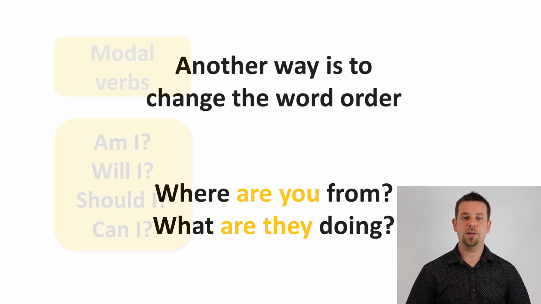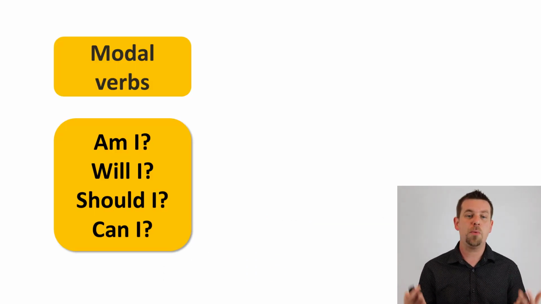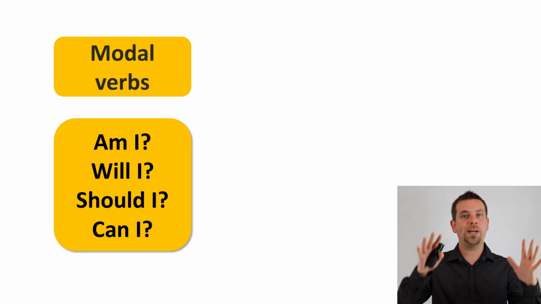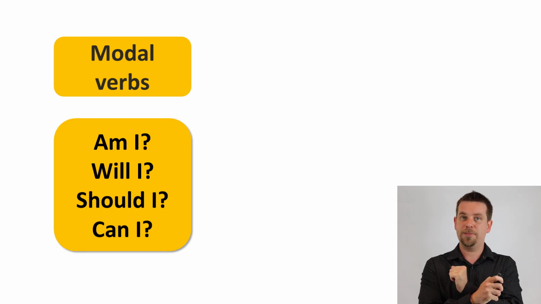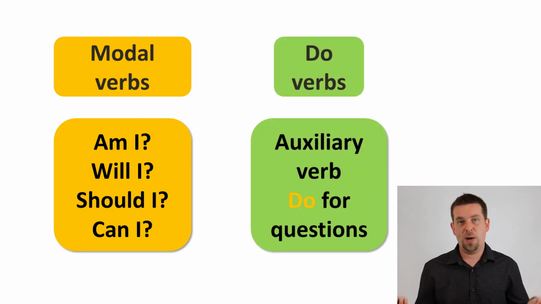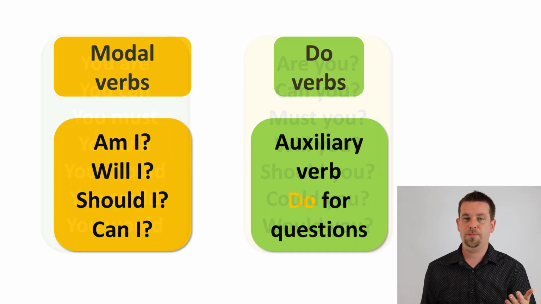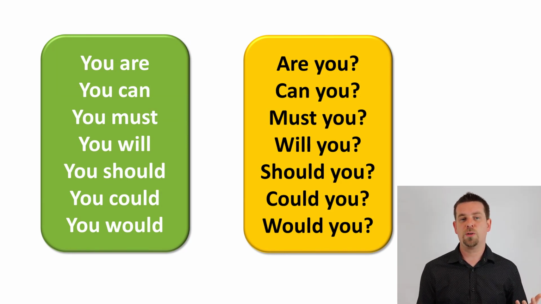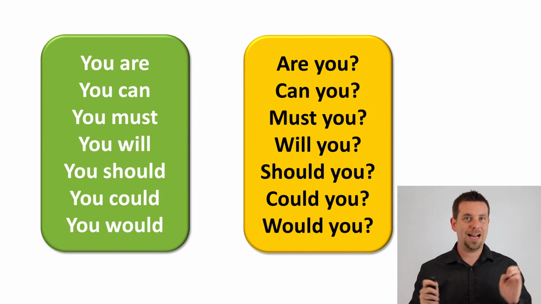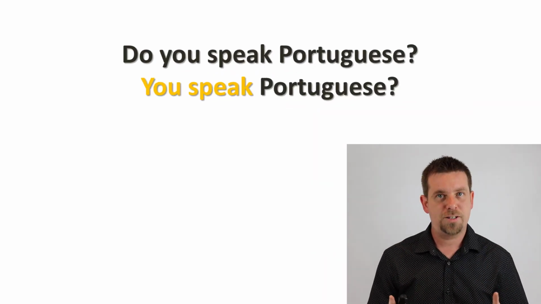This is very important basically with modal verbs. All of the modal verbs, am I, will I, should I, can I, you must always change the word order, okay? With do verbs or regular verbs, use the auxiliary verb do for questions, because you want to make it clear it's a question. Here with the modal verbs where you are, you can, you must, you will, you should, could, in every case, in every time, you must change the word order if you're asking a question. But,